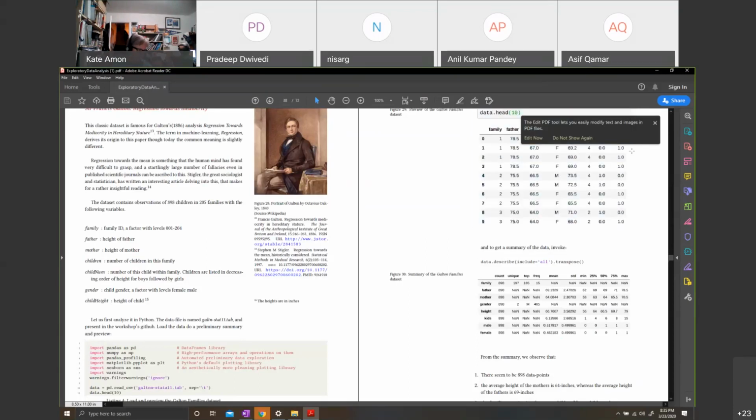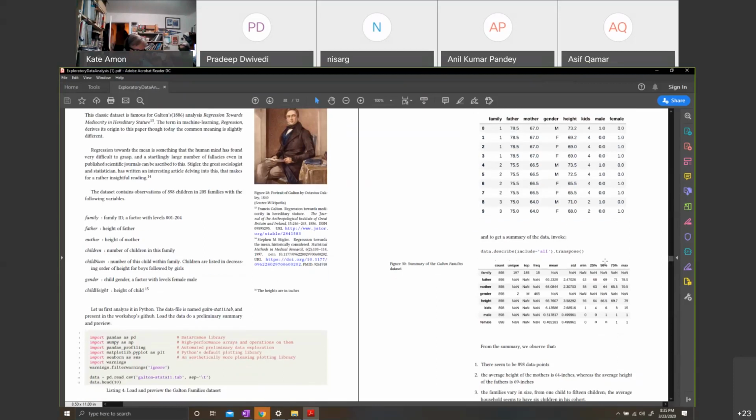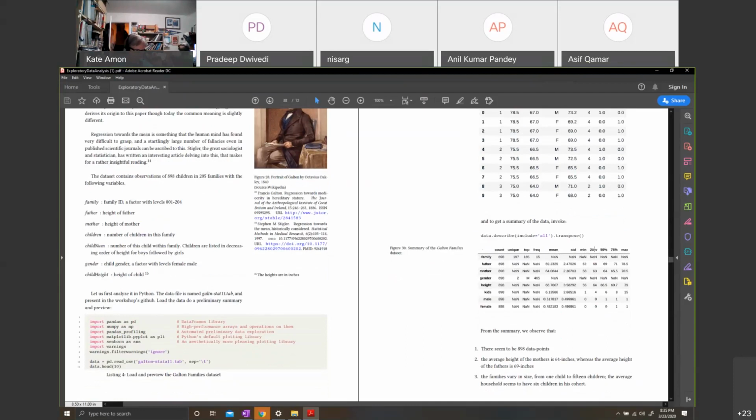And obviously, this speaks of how many children this family has. So these are the heights of the 4 children in that family. So each row is a child. So the context is very specific, isn't it? So it is in tidy data format. We can describe the data again to see what is the average and so on and so forth.